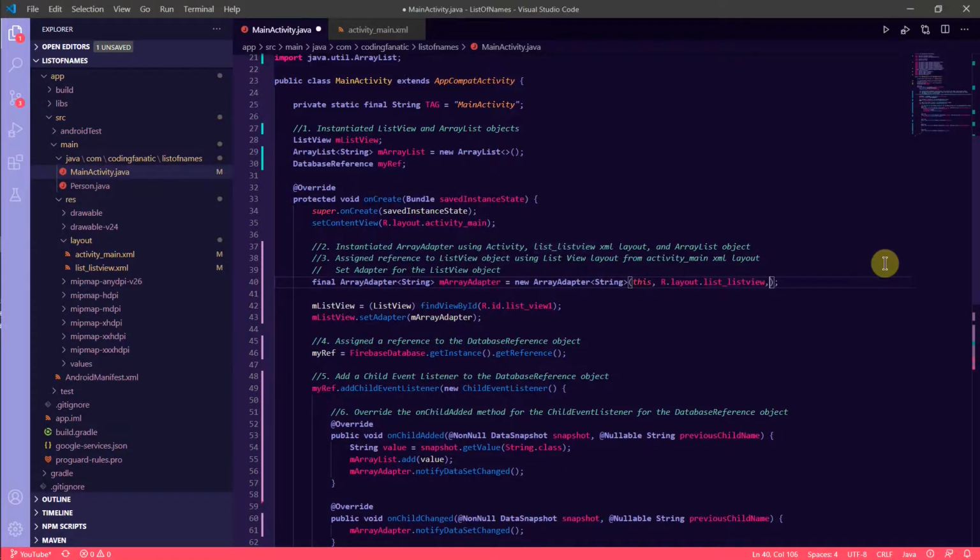I tried compiling, rebuilding the app, nothing, still wasn't working. So I looked through again, and it turns out that I forgot to add the array list object to the array adapter constructor. Oops. So I updated it and rebuilt the app again, and still no luck. The screen was still blank. Now I'm confused because everything looks exactly the same as the tutorial, move for move, every line practically like a mirror image,